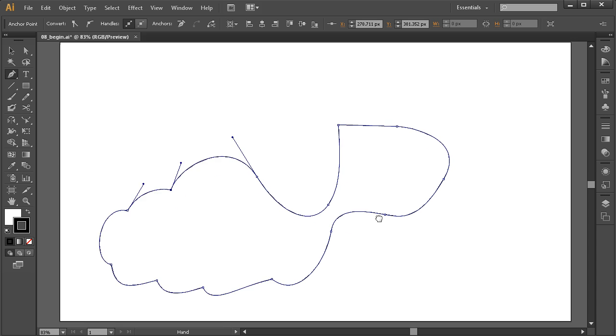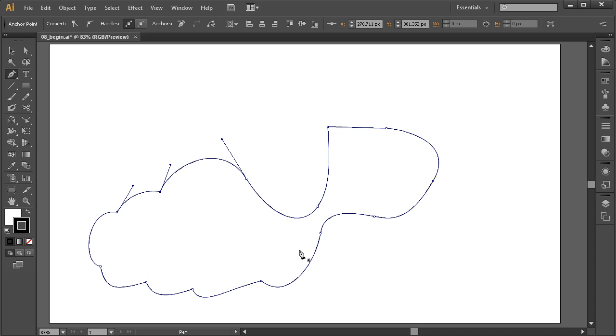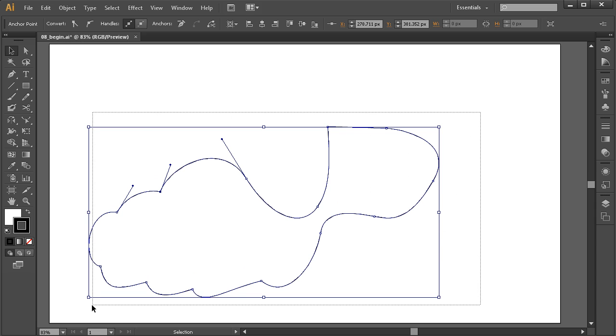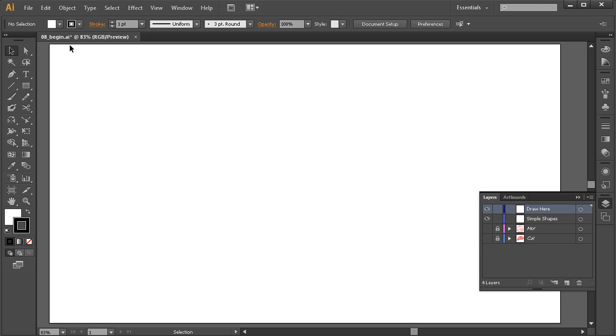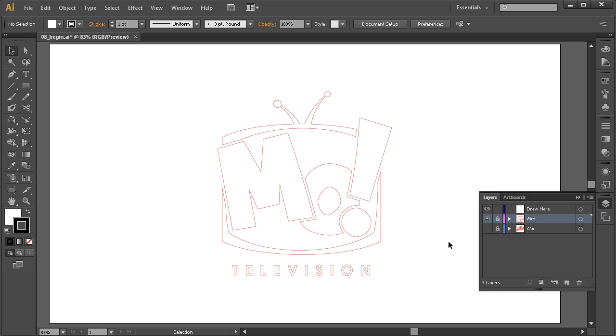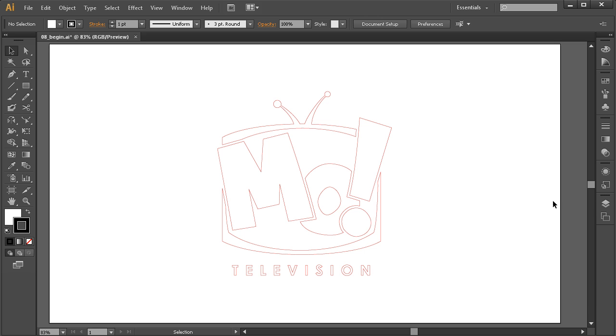All right, great. So now this is all well and good. We've been drawing abstract shapes here, but let's go ahead and use the pen tool with some purpose at this point. So I'm going to come over to my layers panel, and if you're using the same file that I am, I've been working on this draw here layer. Now this is actually an extra one, we'll just delete that. I'm going to come over here and reveal this layer right here. We're going to learn a little bit more about layers in the next lesson, but this is that same logo that we worked on previously. So I'm going to make sure I have my draw here layer selected, but we're going to use this red outlined version of the Mo Television logo,